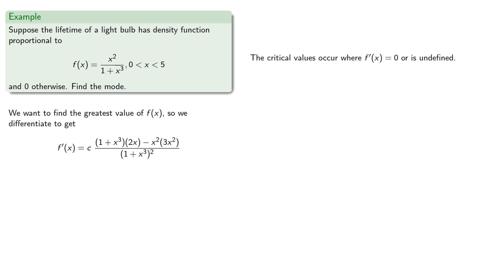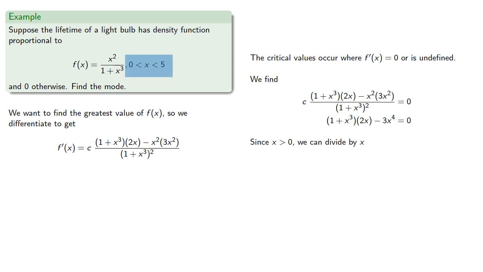Next, we'll find our critical values. The critical values occur where the derivative is 0 or undefined, and note here that because that's a multiplied constant, when we set the equation equal to 0, we can drop out that constant and our denominator. And since x is greater than 0, we can divide by x, and so we obtain